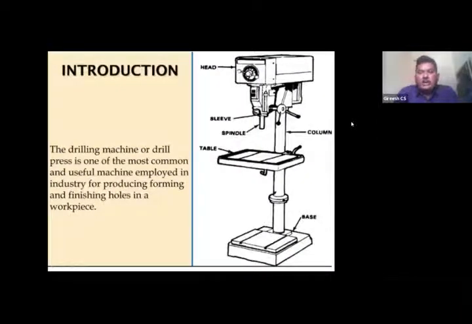So you all know what is drilling. Drilling is a process of producing a new hole on the workpiece material, or if we have a previously drilled hole, in order to change the dimension of the previously drilled hole. For example, you want to increase the diameter, or to do the surface finish of an already drilled hole. So the drilling operation will be used. Okay, so drilling is basically an operation carried out for producing holes on the workpiece material.